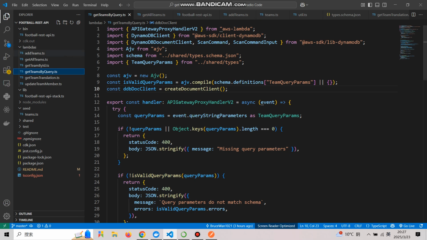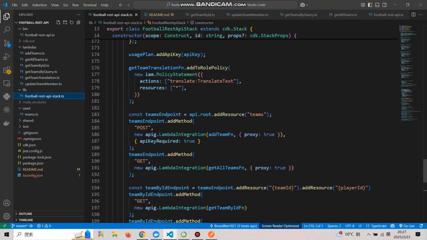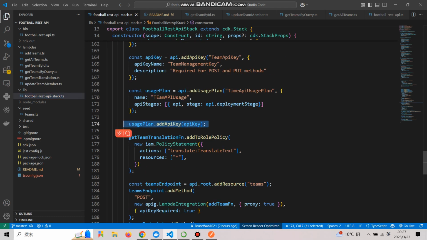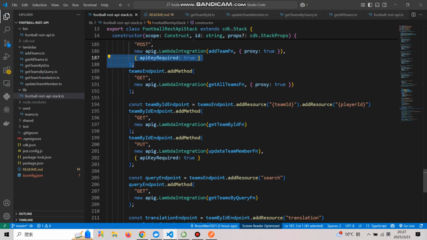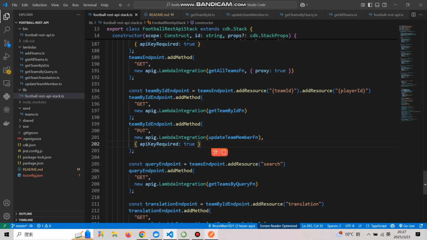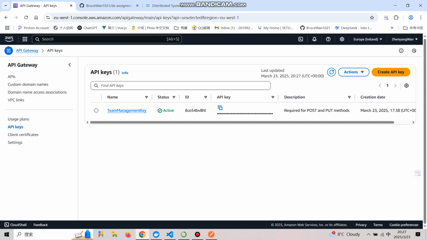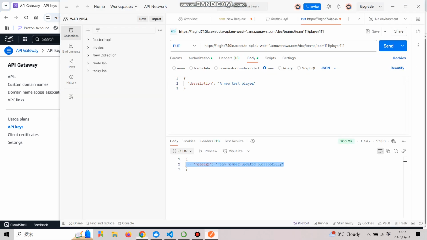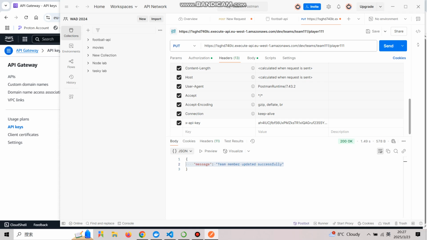First, I used a protected usage plan with an API key on POST and PUT, both in the plan. So what we should do is find the API key, get the answer and copy it here. As before, when I test, I get the X API key here. And when we first use POST